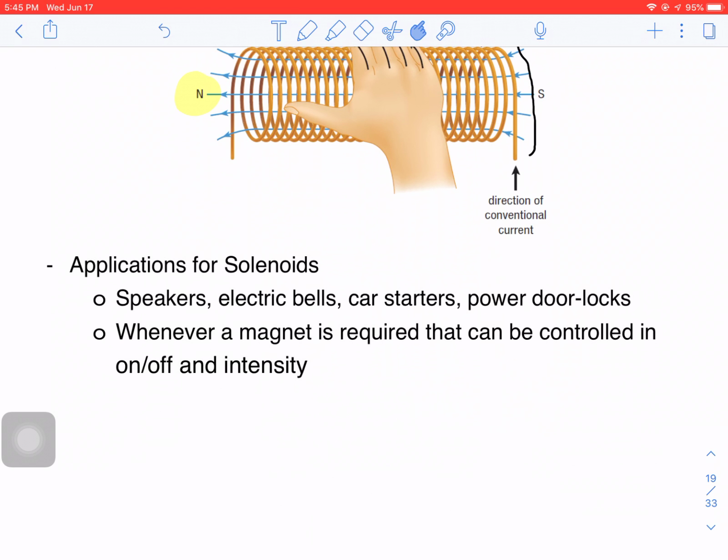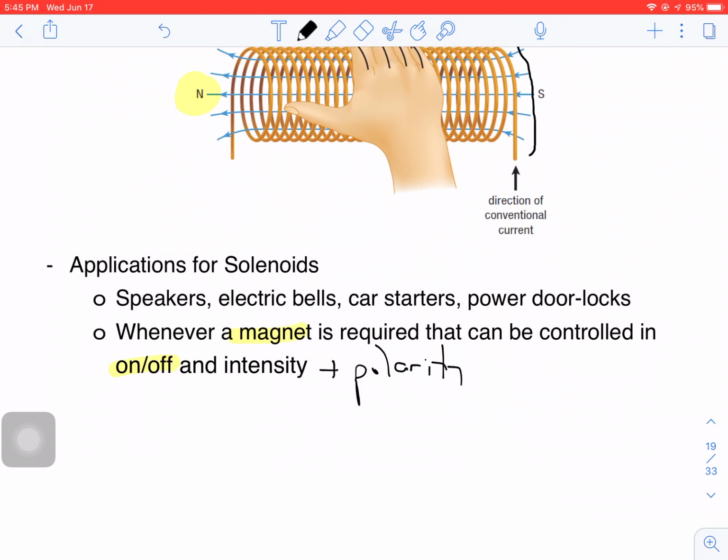So, like I said, really what I've done is I've given myself the ability to use magnetism how and when I want. I'm able to control when the magnet is there and when it's not there, and I'm allowed to even change the polarity. I should say not just the intensity of the magnetism, but also the polarity